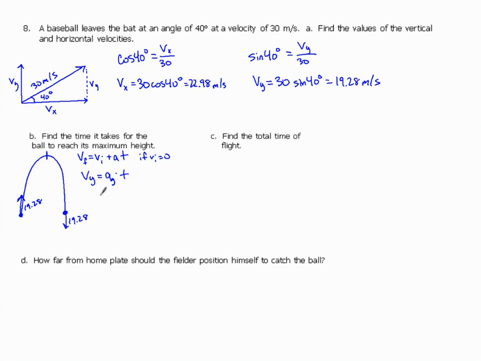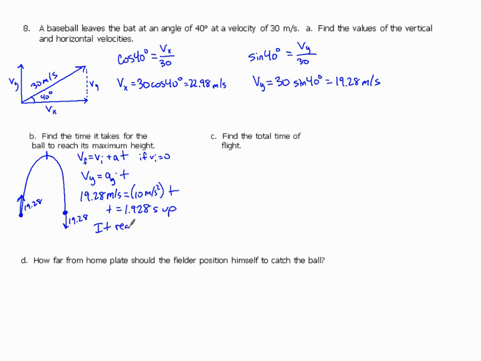So we know the final velocity, 19.28. Let's keep my units. We know the acceleration of gravity, it's 10 meters per second squared. And we're going to solve for t. So we know that time is 1.928 seconds to go up,